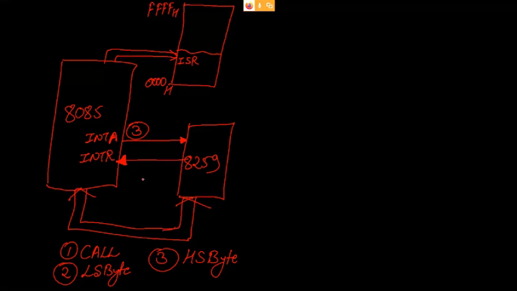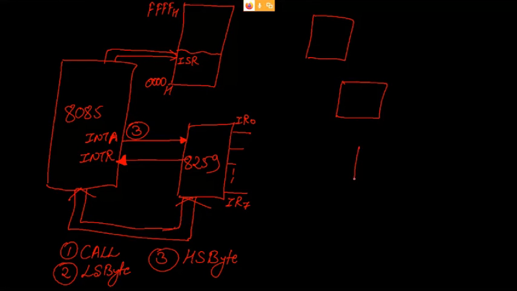So this is the case when we have only one 8259, where you have these 8 IRs, IR0 to IR7. But in case you have multiple 8259s,